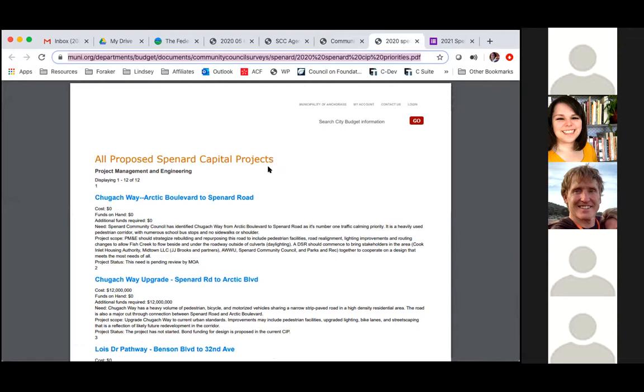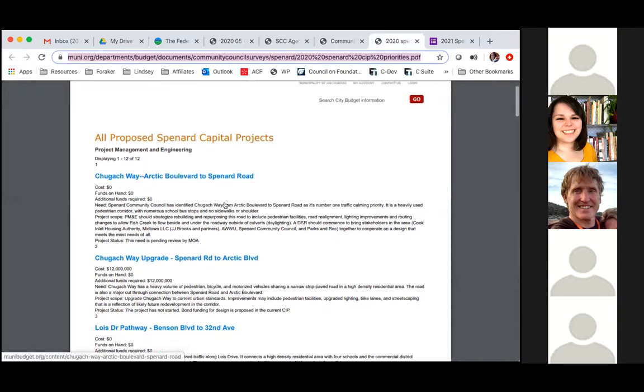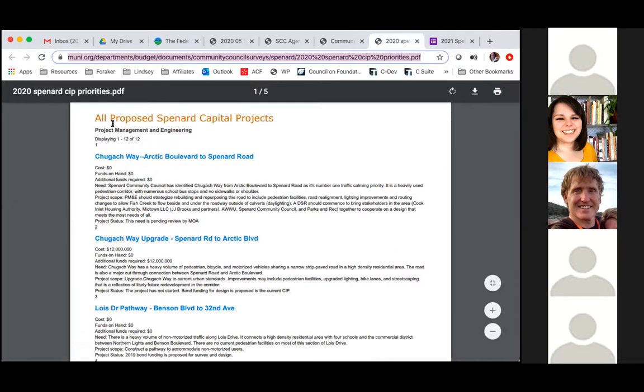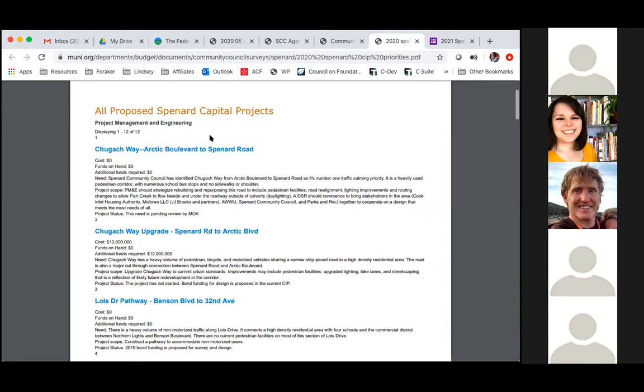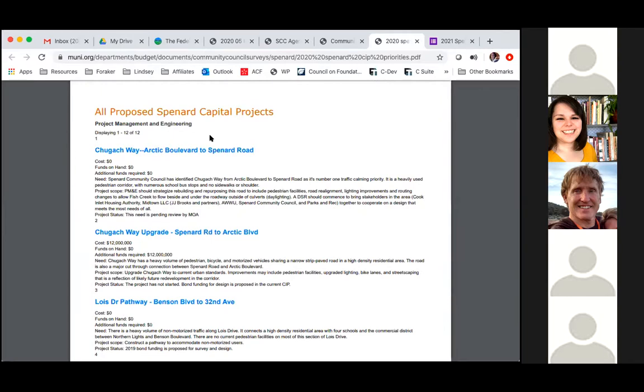of an immediate need. So the way that we think about them is it starts with just who manages the land or the road or the property. So project management and engineering, properties, State of Alaska roadways, and then parks and recreation for parks and trails. So if we're just looking at this first one, project management and engineering, those are our roadways that the municipality of Anchorage